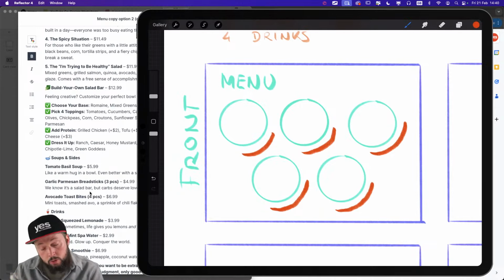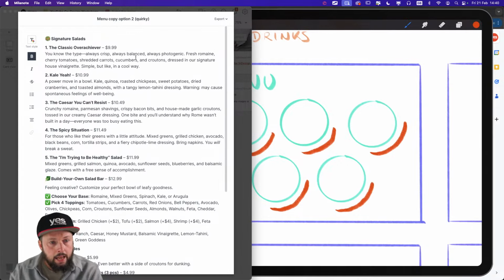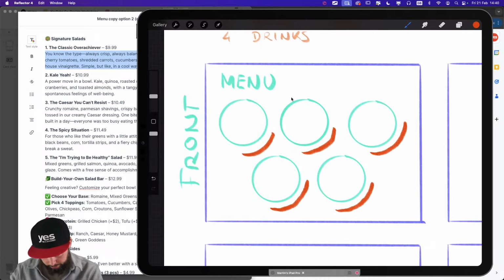Now, the ingredients should be fairly straightforward simply by just looking at the salads, but because we have this good copy here in the background, you remember we've seen it, roughly a paragraph for each of these. It would also be good to find a way to incorporate that in the design. So this is not something I need to come up with here in the sketch,